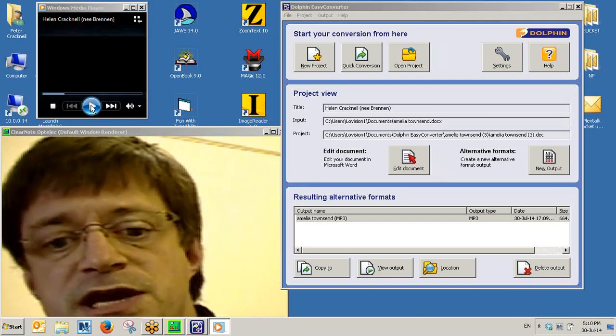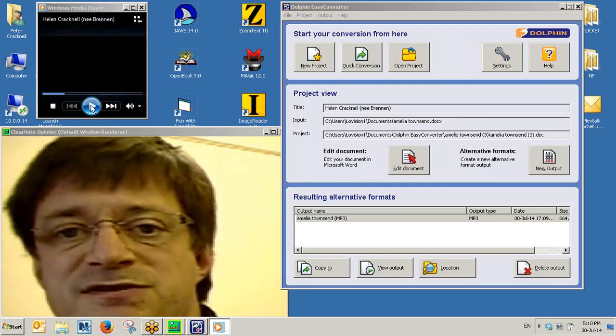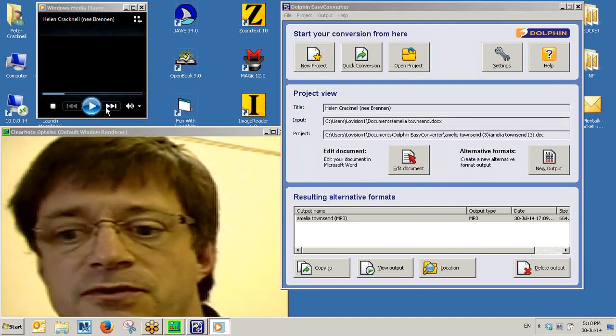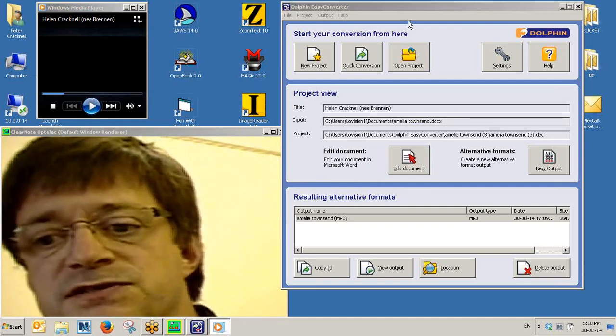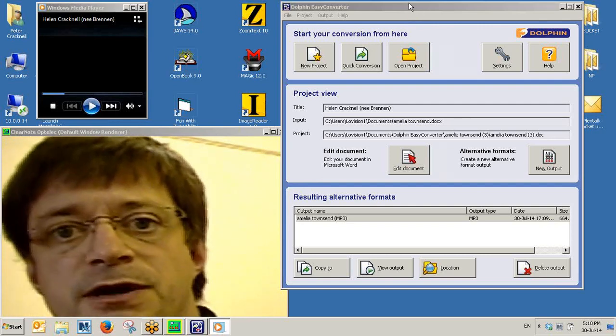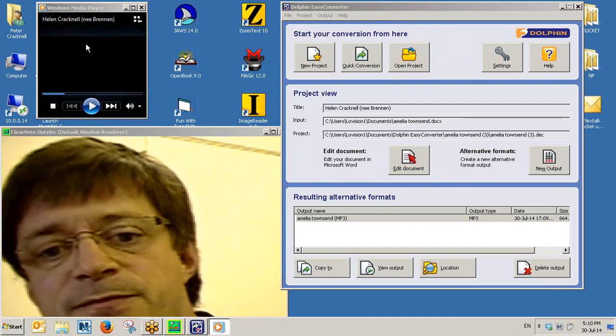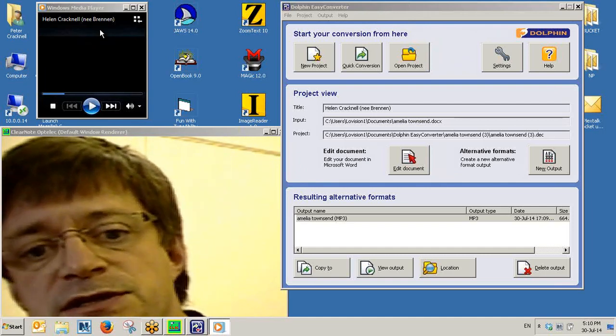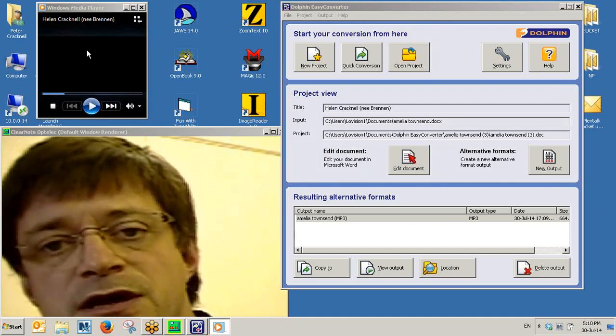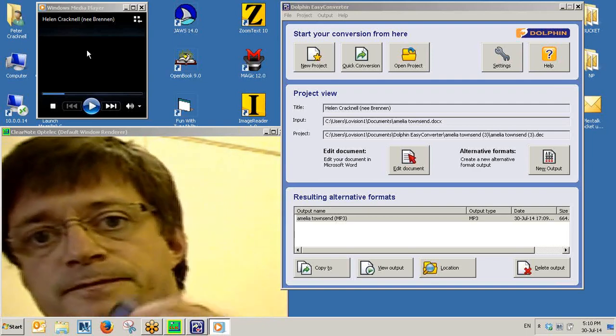So I've just done a quick check. That sounds pretty good. Perhaps I might have wanted it faster or slower, and we can in fact change those settings in the conversion part by changing the speed at which the voice speaks. But I'm happy with that. So what I'm going to do now is I'm going to now transmit this to my Samsung